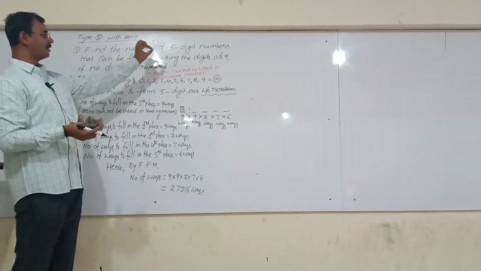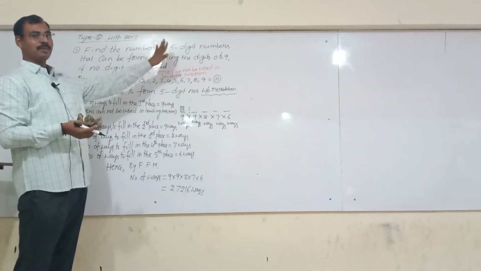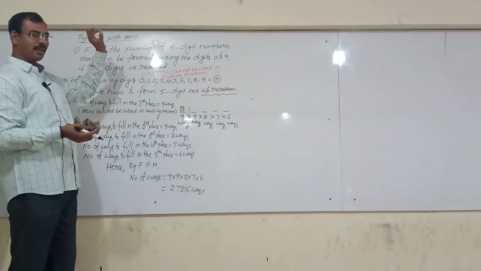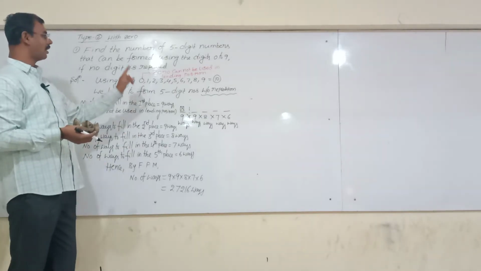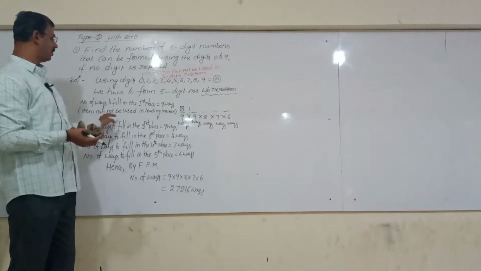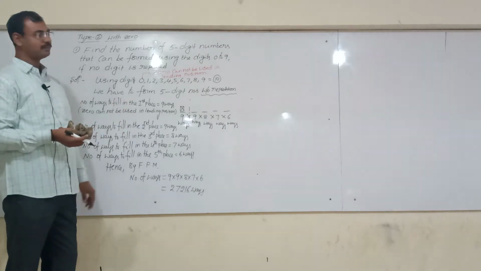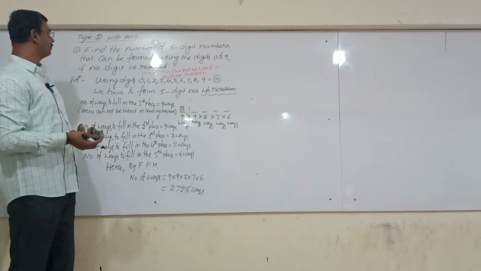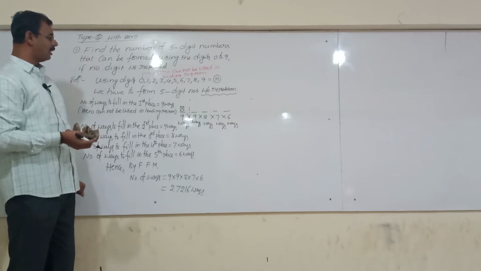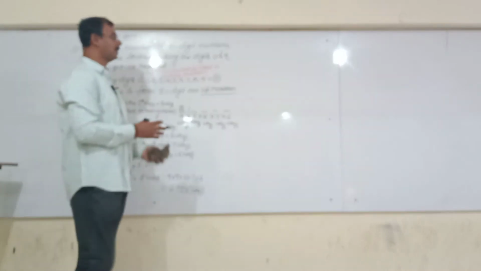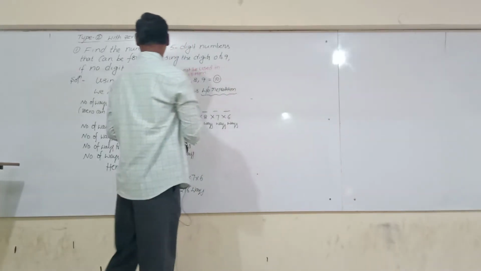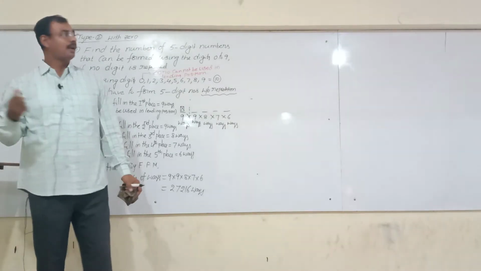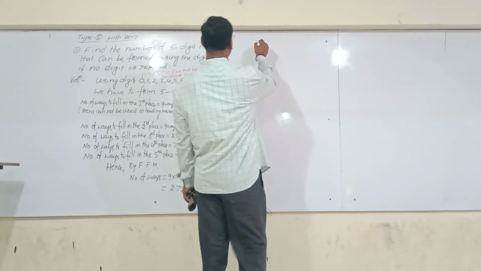Whenever 0 comes in the problem, the situation will be changed. Remember, there is a primary condition given: 0 cannot be used in the leading position. Remember that clearly, all of you. Shall we go to the next problem? Same model problem, but repetition is allowed. If repetition is allowed, it is very simple like this. Take the next question in this model.